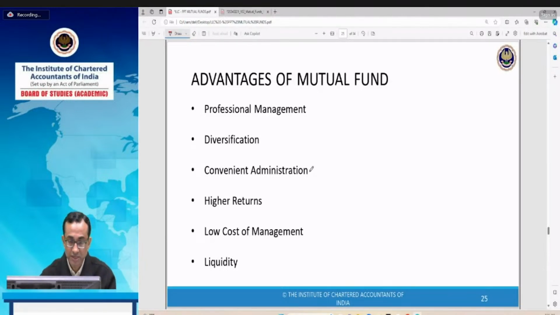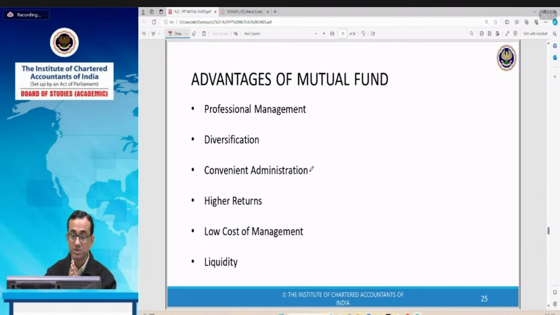Second is diversification. Mutual funds depend upon diversification. In some funds, diversification is less. In some funds, diversification is high. As we have seen, in highly diversified funds, the mutual fund generally invests in 40, 50, 60, 70 companies. If it is an equity fund, then they invest in the shares of at least 15, 20 companies. So diversification is there in mutual funds, and it is considered to be safer because of high diversification.